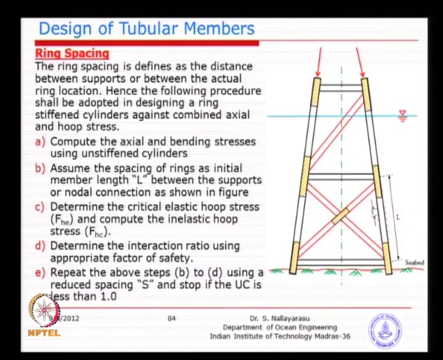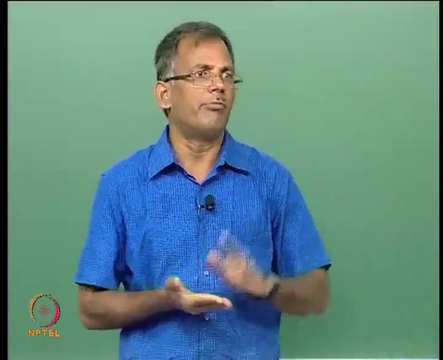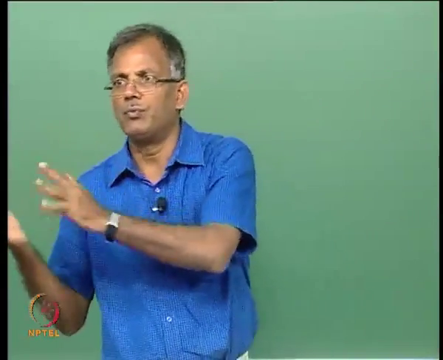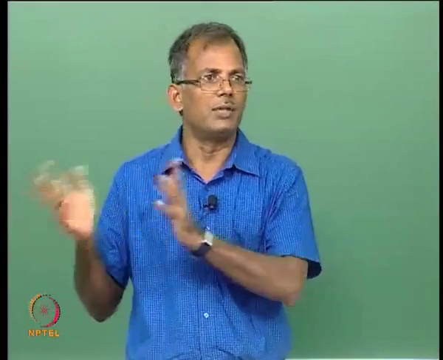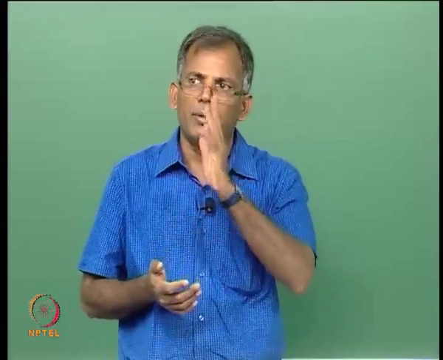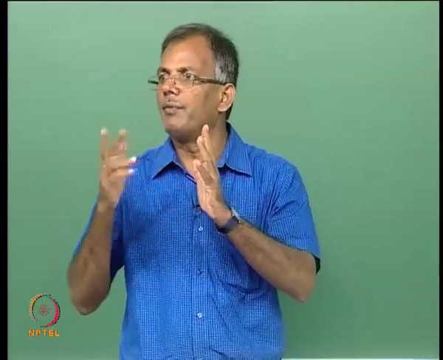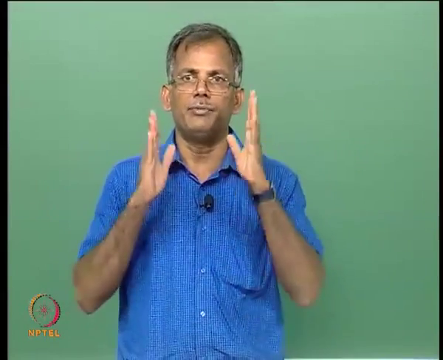The next thing is just a simple procedure. Basically, I have just listed down the ring spacing. What is the perfect design is again very difficult to determine. You will come up with numerous combinations. For example, L was fixed at say 5 meter. If somebody fixes L at 4 meter, you will get a different answer. So, you can see that for the same problem you will have many different answers, maybe 3, 4, 5 answers.